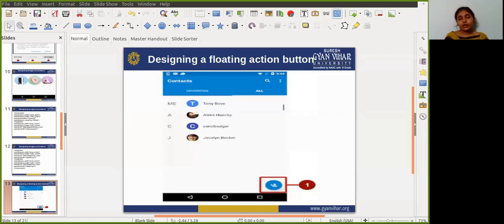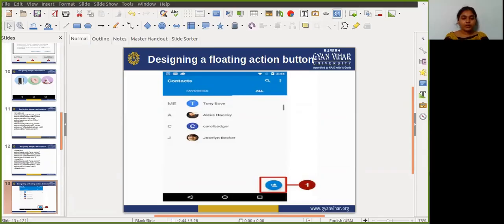Once you call this element, you need to add some attributes: android:id, layout_width, layout_height, layout_gravity, layout_margin, and also src, meaning source.